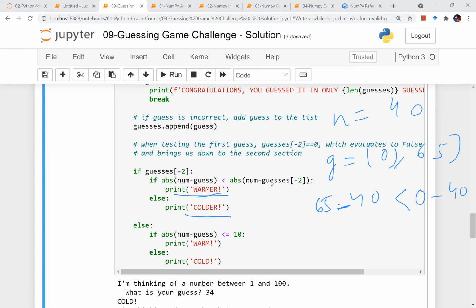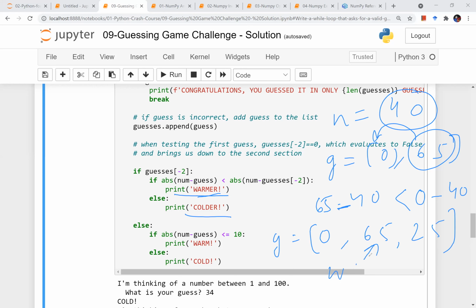So basically I have to compare every guess with the previous guess, whether it is closer to my number or not, right? So I have guesses like this: 0, 65, 25. The first time he guesses 65, my number is 40, so it is cold because it is more than 10 away from my number. Else if the number minus guess is less than 10, print warm. This is the logic we apply for the very first time.